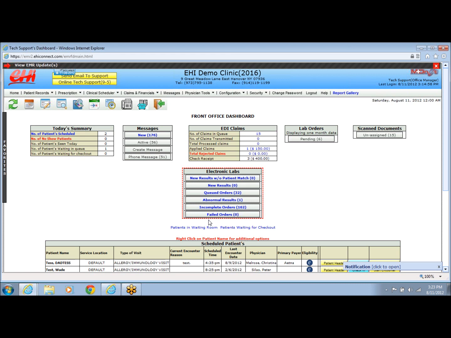Now, once the appointment is booked for the patient, we're coming back to the dashboard of the user. For the front office dashboard, right on the same page, all the patients going to come in today will be listed in a vertical fashion for them, right under the scheduled patient list. Now, if you could see, even before the patient comes into the clinic,